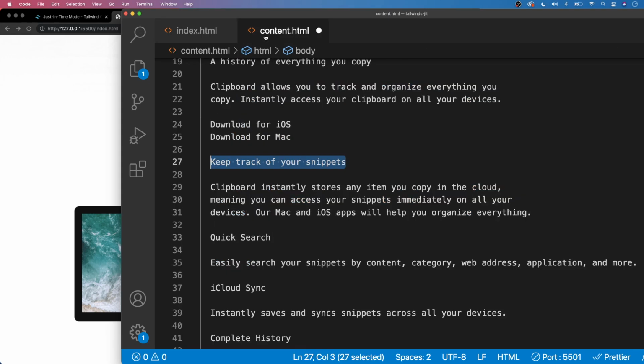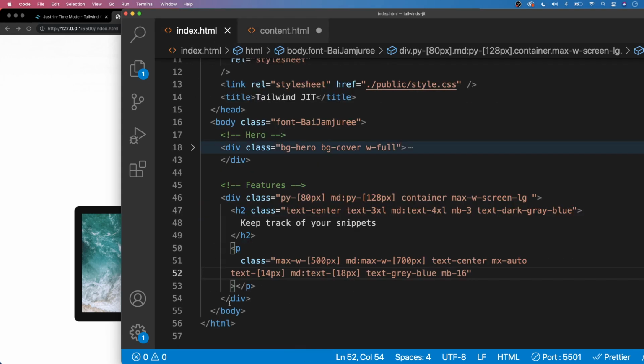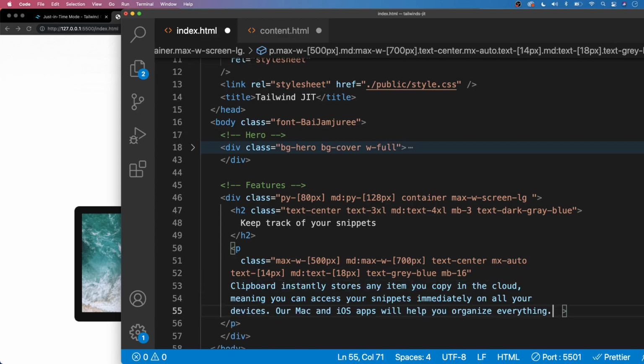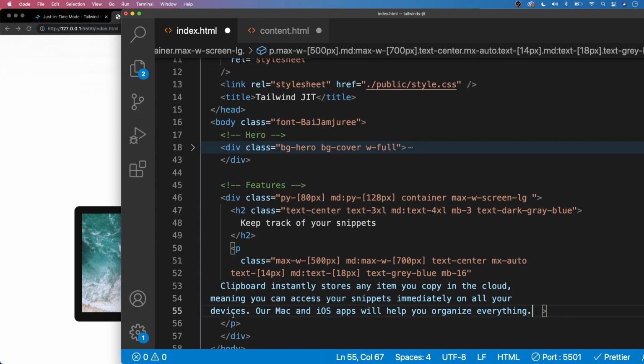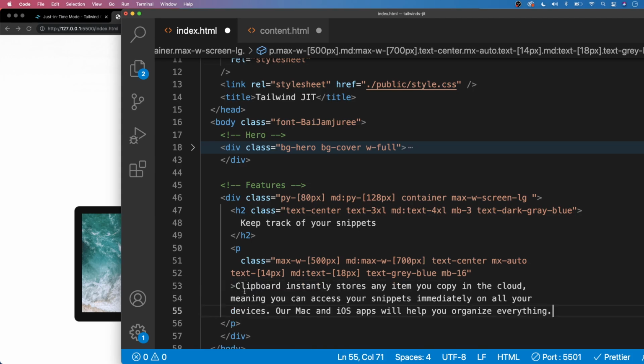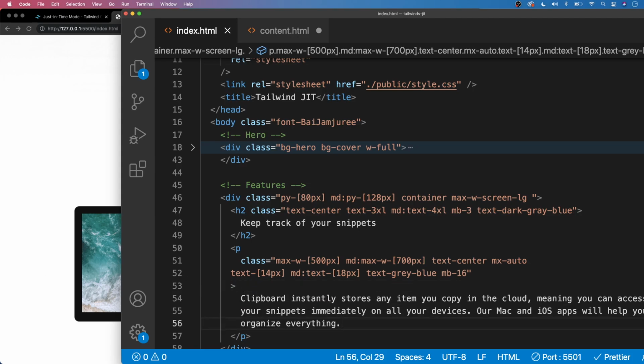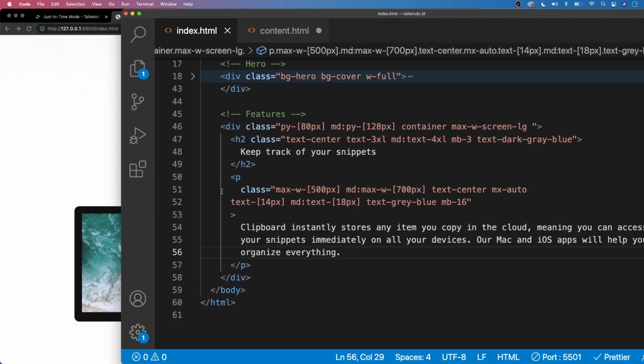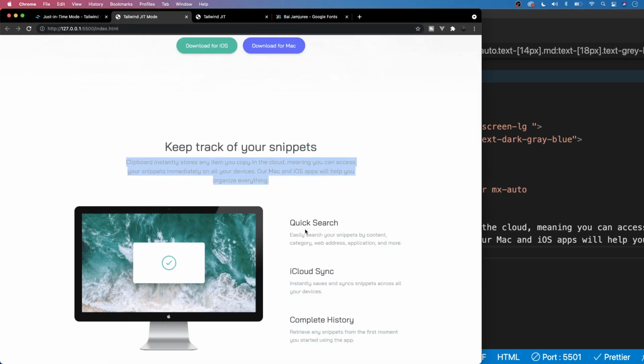And then let's go over to this content file, and we'll grab this here, and we will paste this inside like that. Oops, wrong area. Let's remove that, and right there. Okay, now the next thing we want to do is create a div so we can display these two items